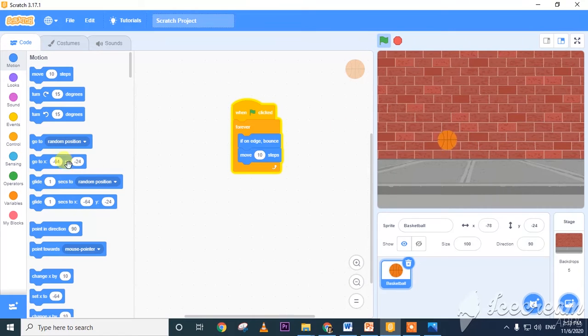So let us see. See, it's bouncing now. The basketball is bouncing. This is called forever, continuously repeating. After it reaches the bounce, we told it to move 10 steps.